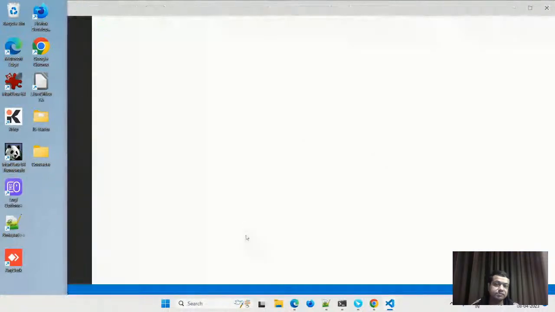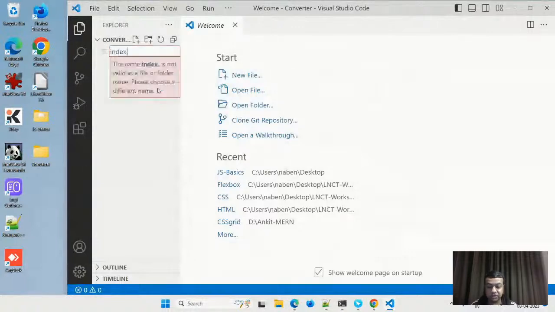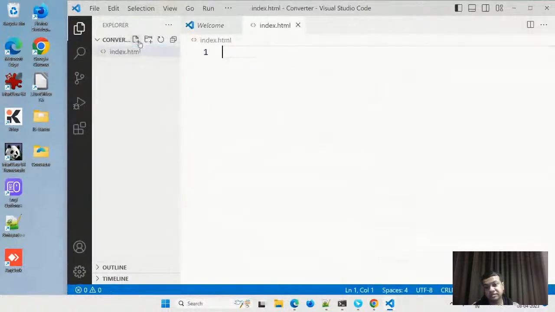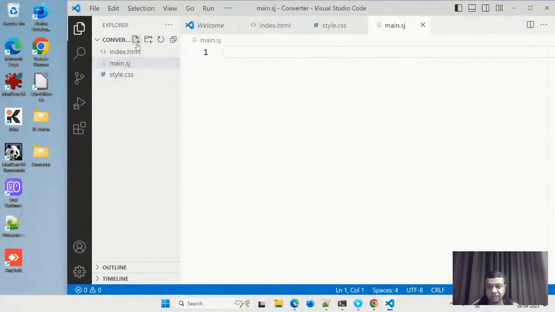So now this converter, I'll do it here. And now here in this converter, I'll have an index.html, style.css, and main.js.